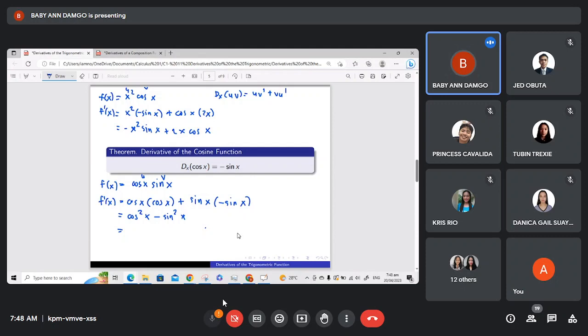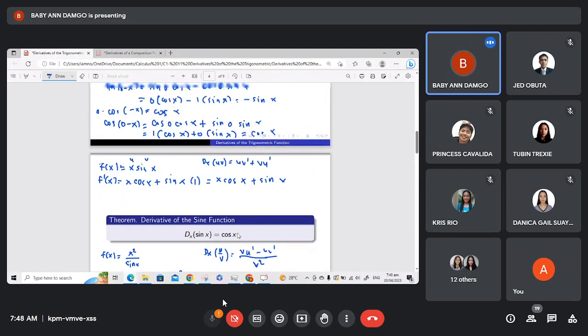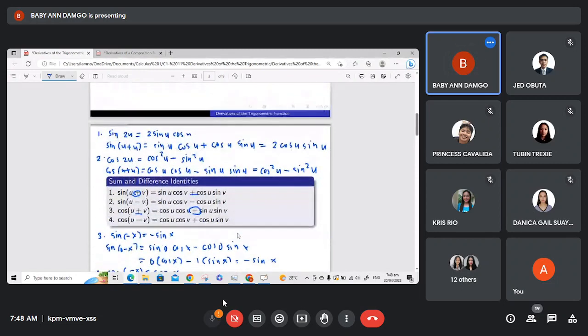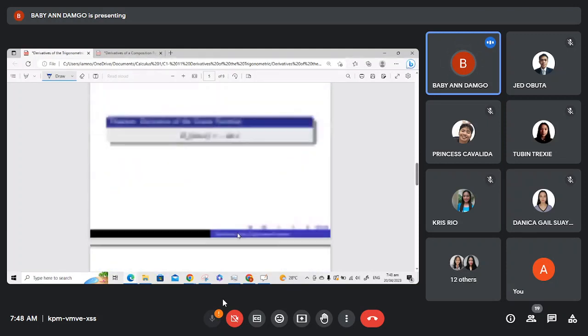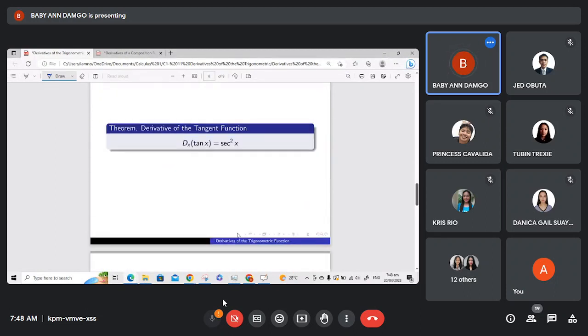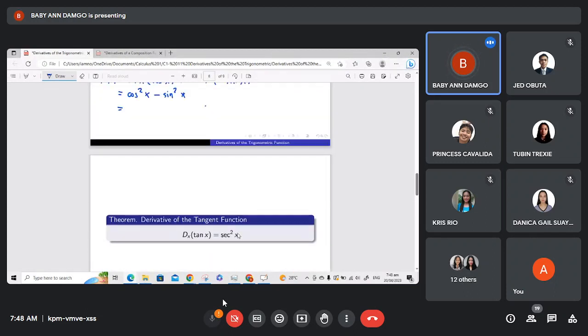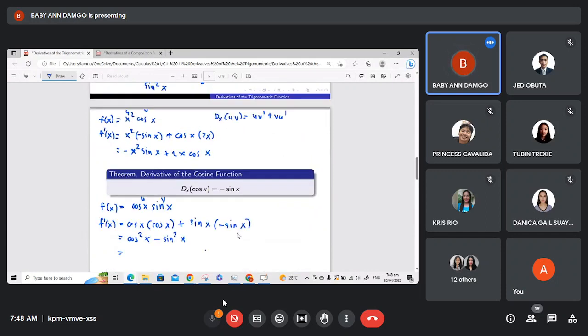Balik ta ha. Tara oh. So this is just equal to cosine 2x. Okay, so for identities class ha, dapat i-review na ninyo, mag-practice mo ana kay